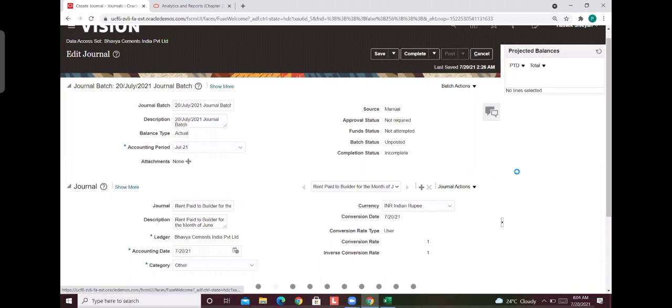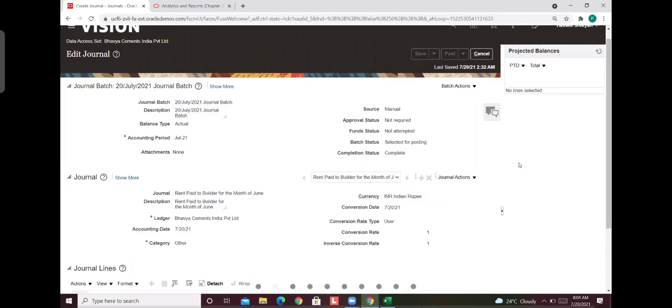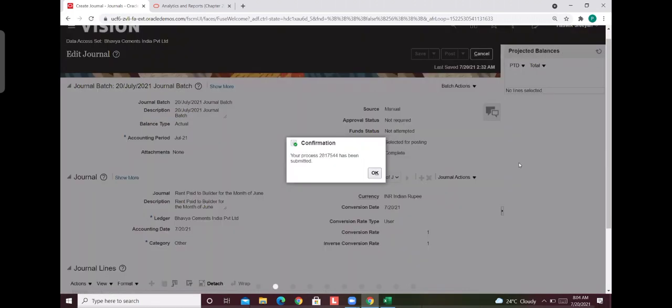What exactly will happen? At posting time, the system will do some validation, whether the amount is equivalent or not. It will verify whether it should go to post status or to an error message. The system will decide.